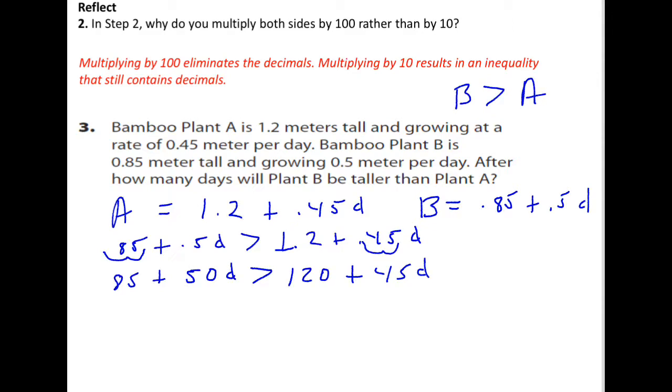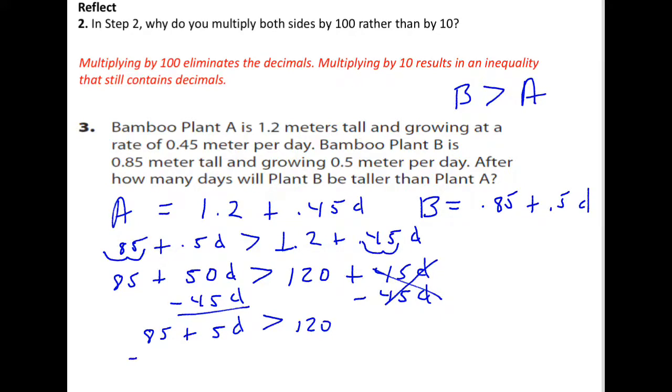So I'm going to subtract 45D from this side to give me my 0 pair, and I'm left with 120, and it's going to be greater than. Of course here will give me 5D, so that will be 85 plus 5D. Now I'm going to subtract 85 from both sides, and when I subtract 85 from both sides, this will give me my 0 pair,